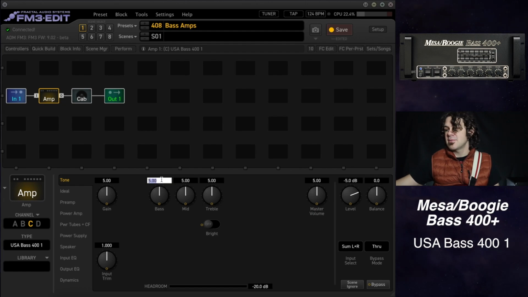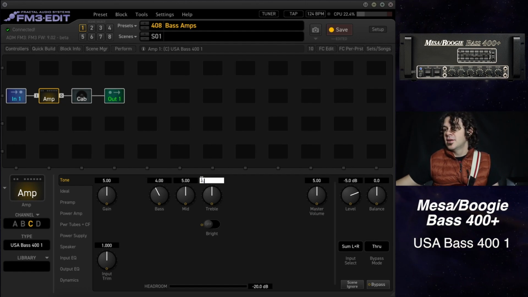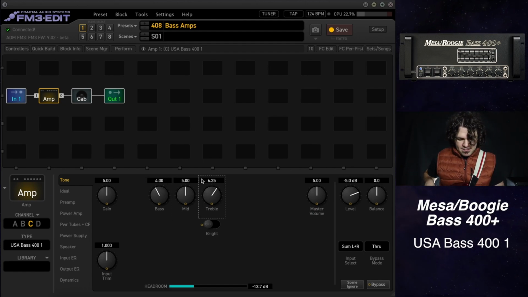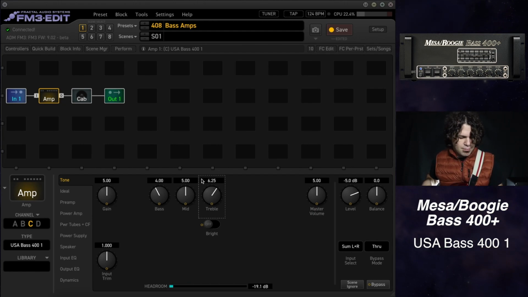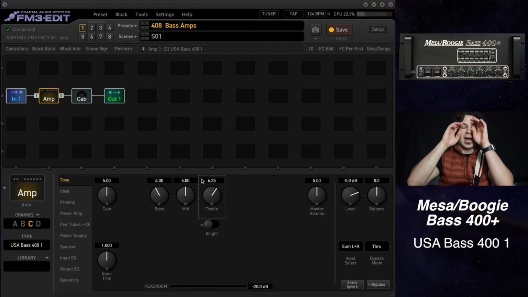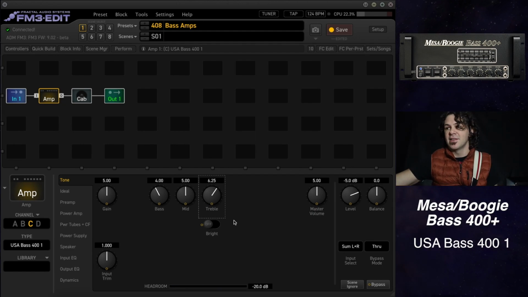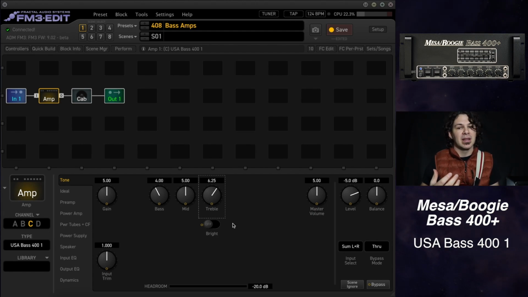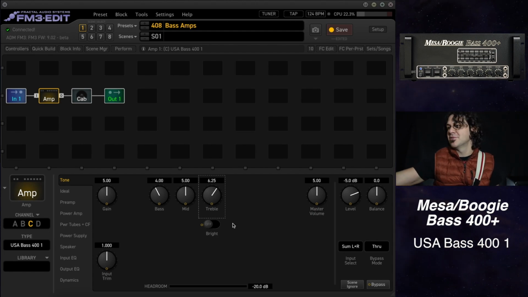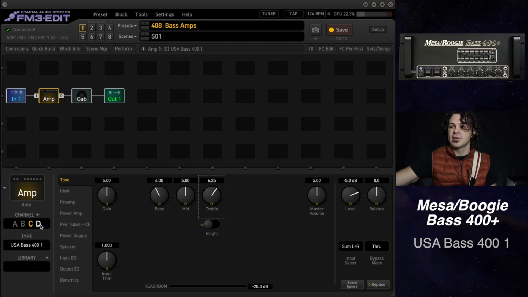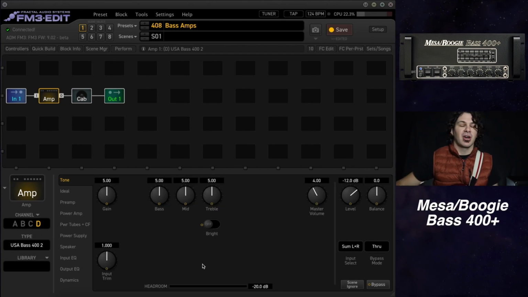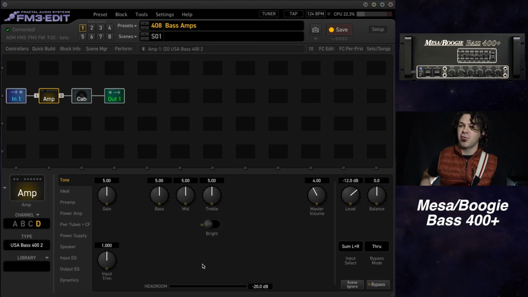If we take those same levels as before, we get this. Not a lot of mid activity in this amp, but very wonderful for a nice pillowy low end that is not too obtrusive to the rest of the band. Switching over to USA Bass 400,